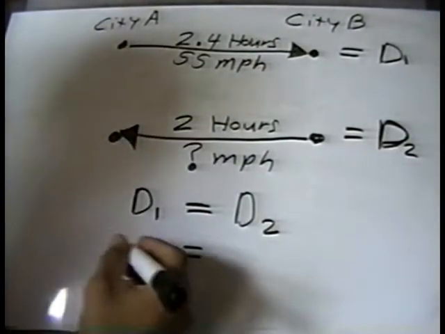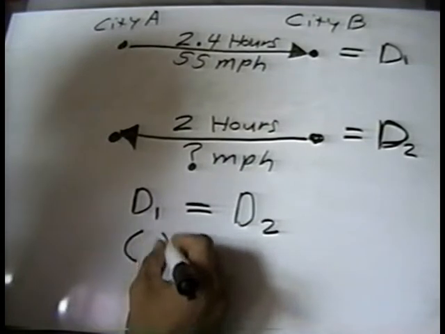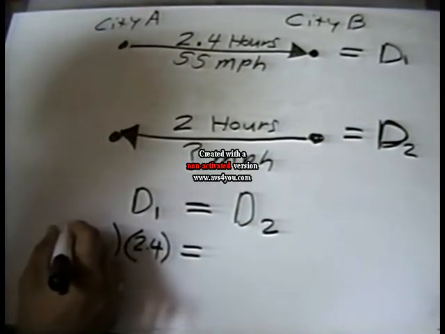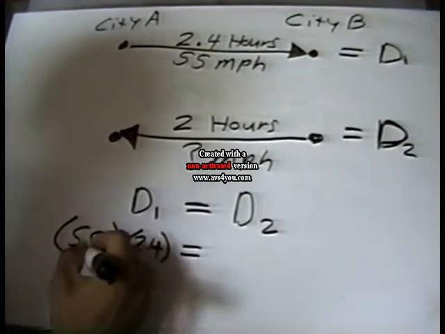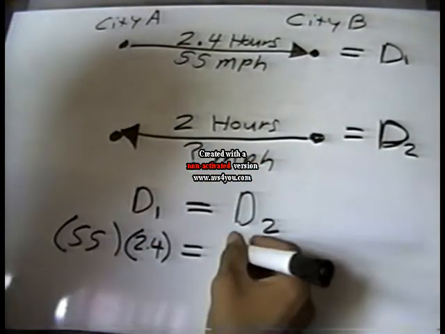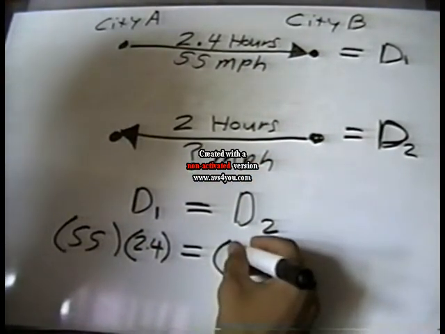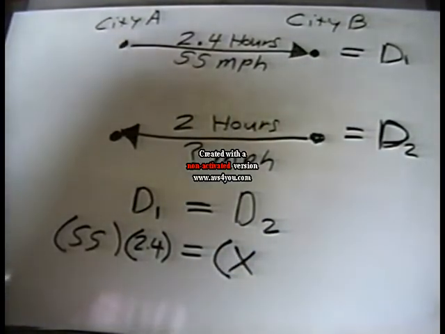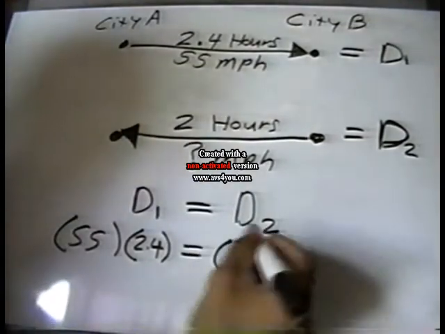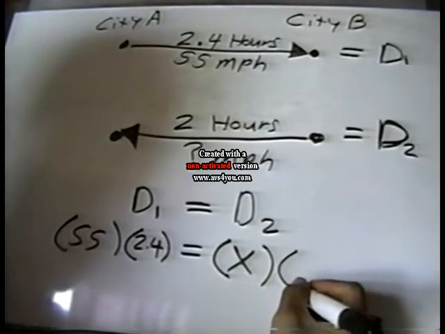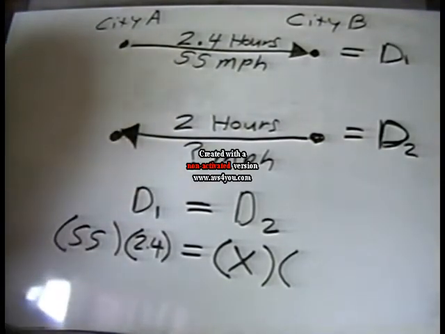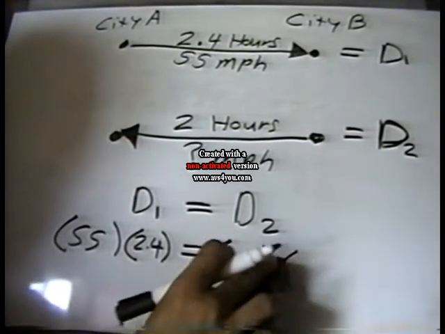S here is the speed, 55 miles per hour. T is the time, S is the speed. I'm not going to include the units. If you did, just treat the units as algebraic quantities and cancel them, but you don't have to incorporate the units. It's not necessary. So here we put in 2.4, and here put in our speed of 55 for the first